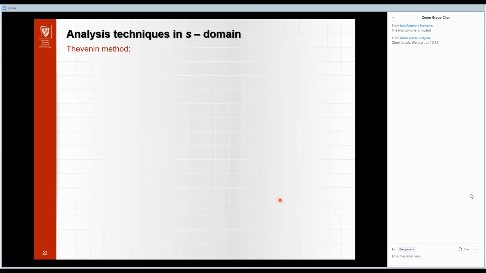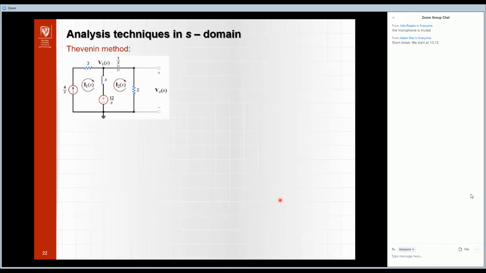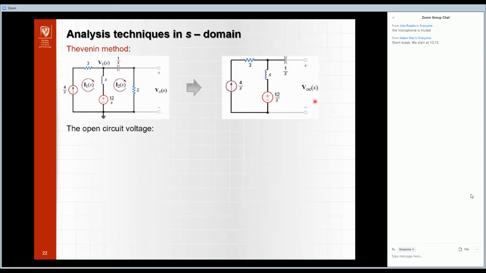And now we have two methods, and very good methods. I really like the Thevenin method from circuit analysis, and for the Thevenin method we have the original circuit. When we want to use the Thevenin method, first we cut the part of the circuit where we want to calculate the voltage, and after that we have an open circuit, because I removed this resistor. Now we can calculate the open circuit voltage, and for this open circuit, the voltage at this termination